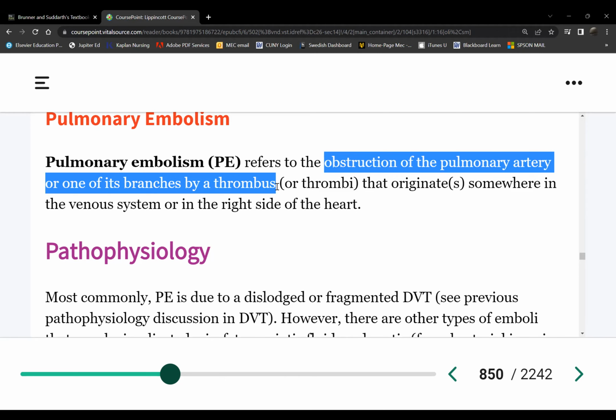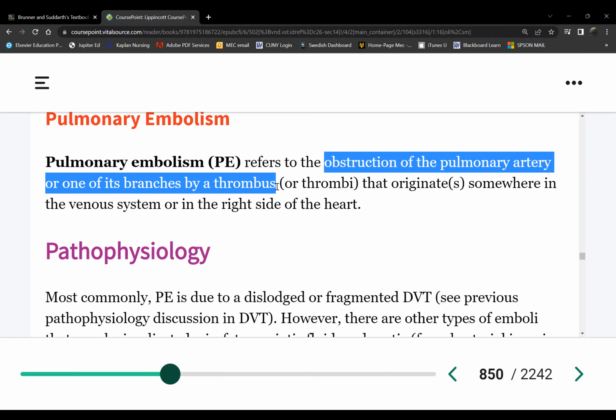We can have multiple clots too, because we can have a massive PE. There are 3 categories of a PE. We have mild, low risk, we have submassive, and massive PE. A massive PE will have multiple clots, multiple branches of the pulmonary arteries obstructed, and large clots as well. That's a massive PE. The patient will die not from a PE, but from obstructive shock. The patient will die from shock with a massive PE. They go into cardiac arrest. So why isn't this called pulmonary infarction?